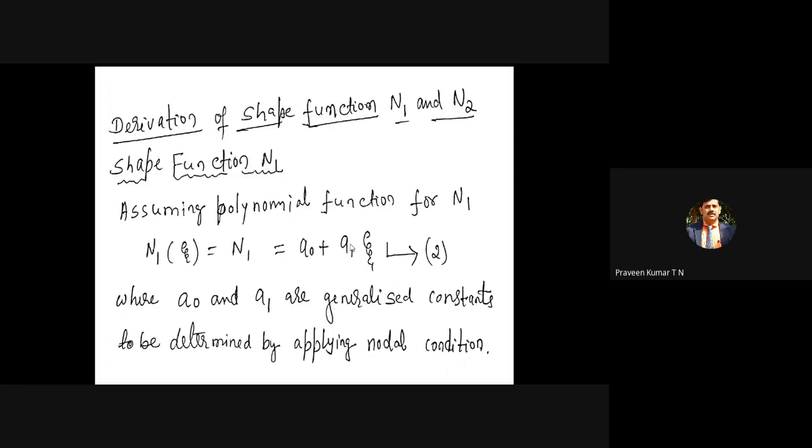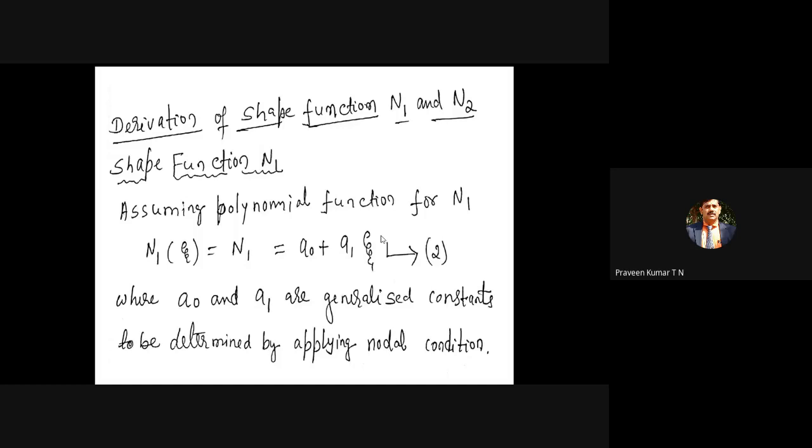In the case of the Hermite function, if you have already practiced, then it is very easy for you. In the case of the Hermite function, you write a0 plus a1 xi plus a2 xi square plus a3 xi cube. So the variation of the displacement within the element is cubic in nature, because once the beam is deformed, it is not a straight line deformation. It is cubic, not even quadratic. It is a highly curved deformation. Hence, you have to go for a third order polynomial function.